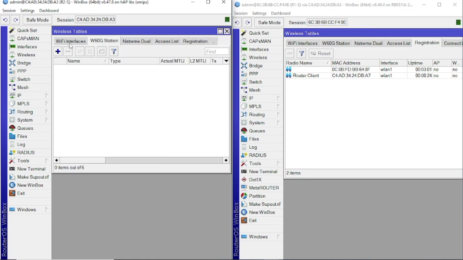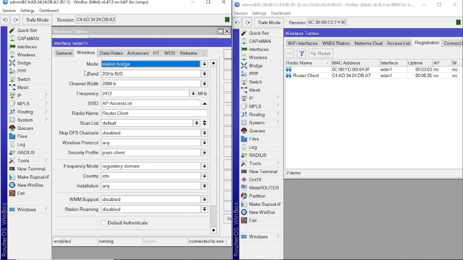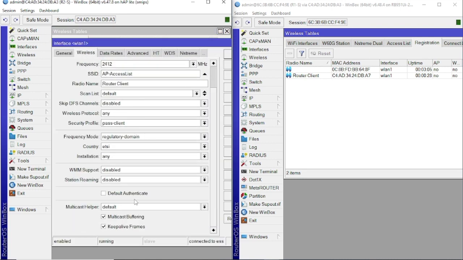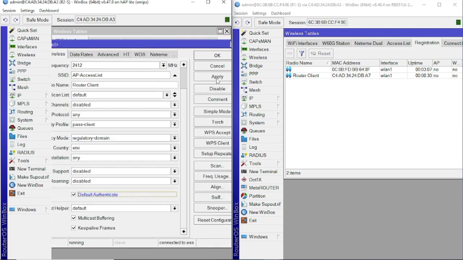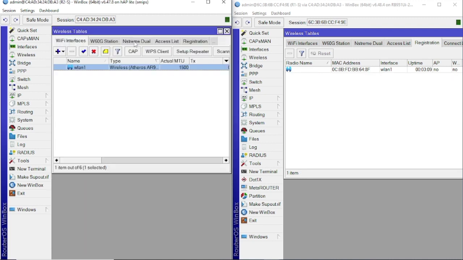Next, check default authenticate again on router 1 and router 2 so that the handphone B client can connect with the following command.